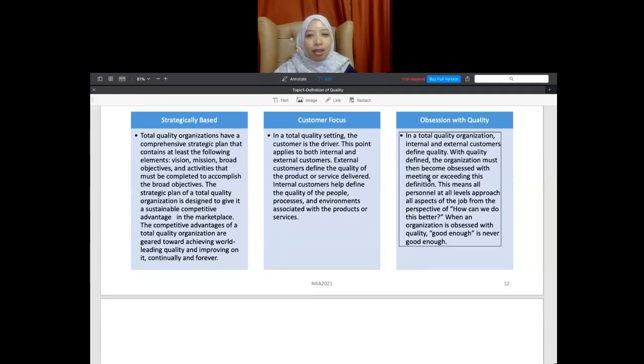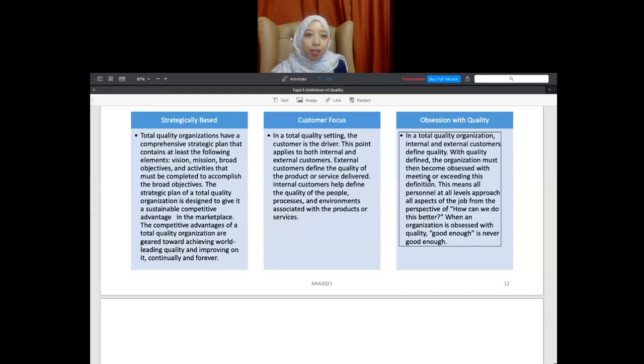For the strategically based element, total quality organizations have a comprehensive strategic plan, and they aim to provide a sustainable competitive advantage. For example, for the strategic plan, the organization, especially a public sector organization, must have the following elements: vision, mission, the broad objective, and activities that must be completed to accomplish the broad objective. For example, I give